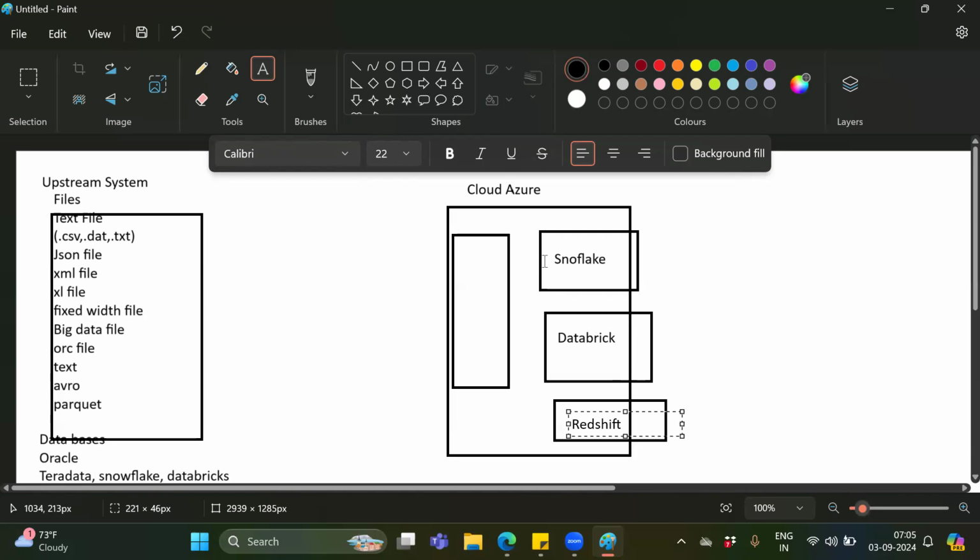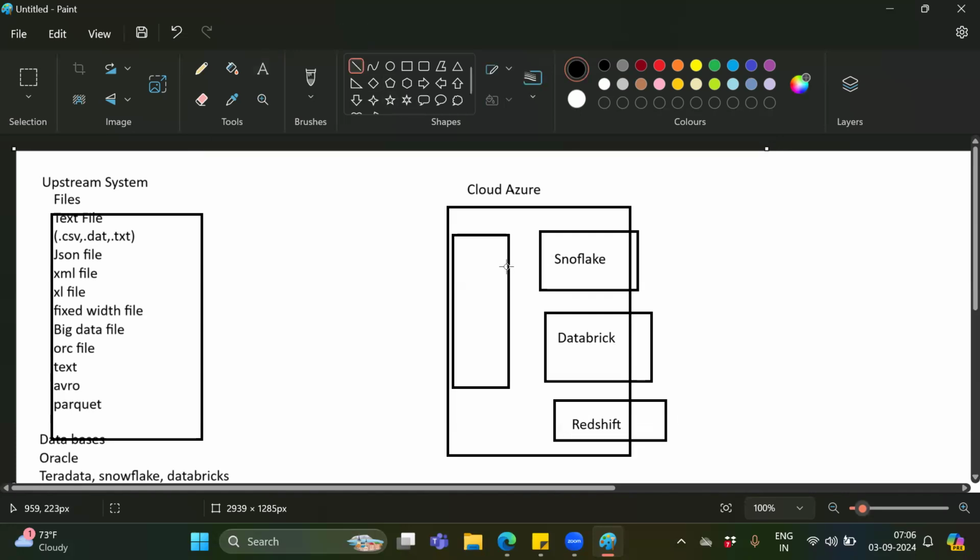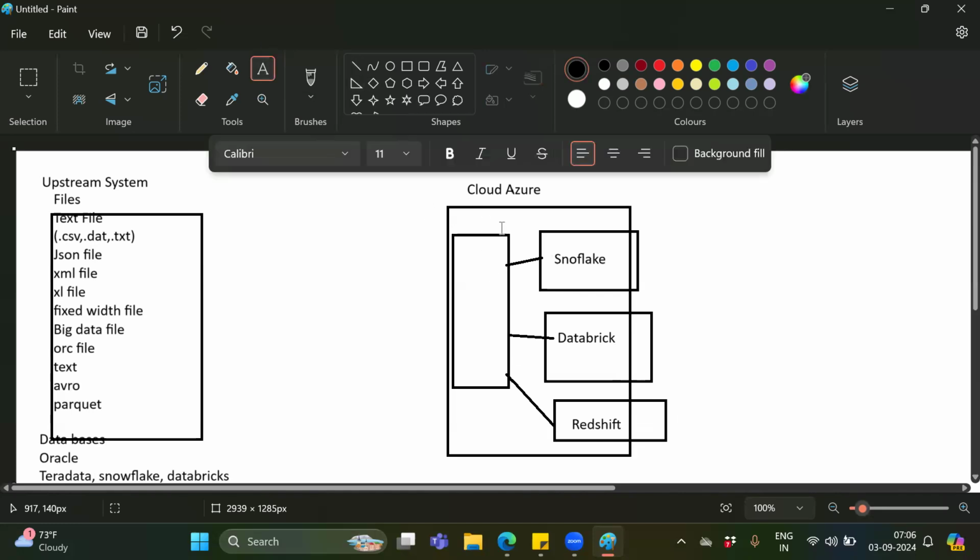You can store the data. If your target is Snowflake, then you will use this blob to here. If it is Databricks, you can use this blob to here. If it is Redshift, you can use from here to here. This is your blob. This is your container where you will be storing the file.